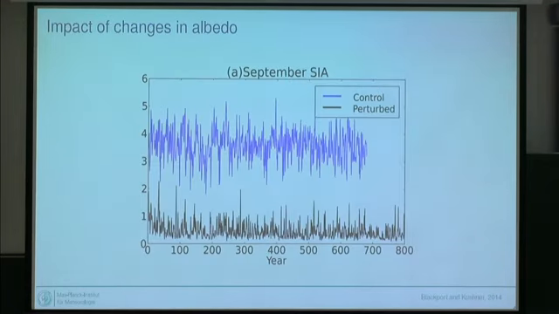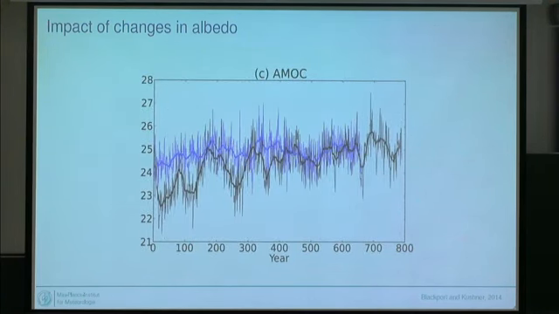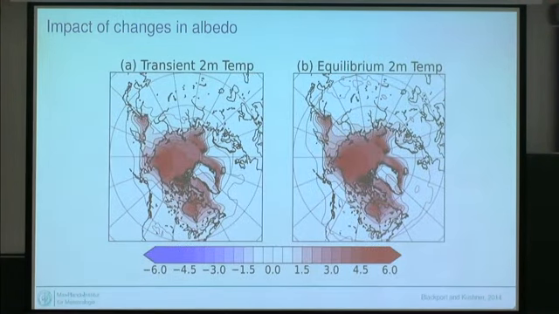And something similar is actually found when it comes to the overall impact of the albedo. A study published by Blackport and Kushner in 2014, where they changed the albedo of sea ice in a coupled climate model to a lower value. In the standard simulation, they had about 4 million square kilometers of Arctic sea ice in September. When they lowered the albedo, they had barely any sea ice left in summer. So by changing the albedo, they got a strong response of the sea ice. They get virtually no response of the meridional overturning circulation. So that didn't care about what the albedo was. And they got a spatially fairly limited response in other variables.